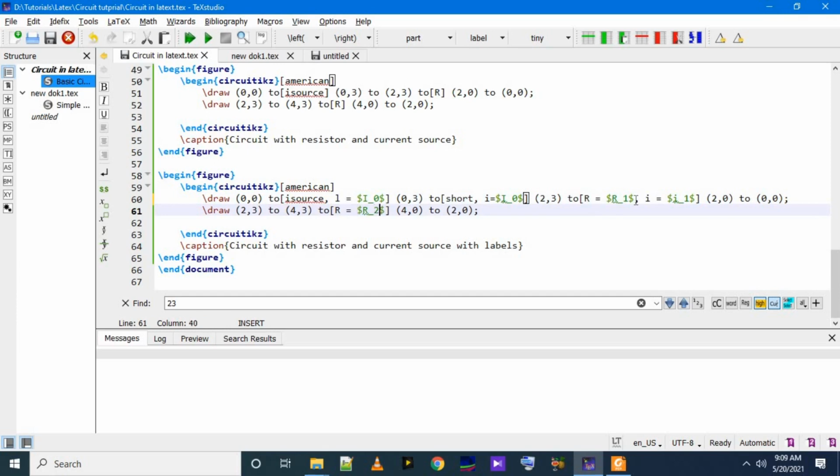So we put in a square bracket I1 and I2 there. This will name the current in those resistance components and also that shorted part.